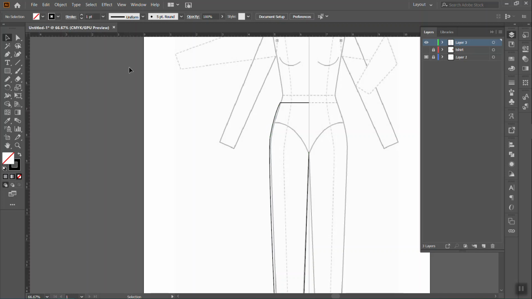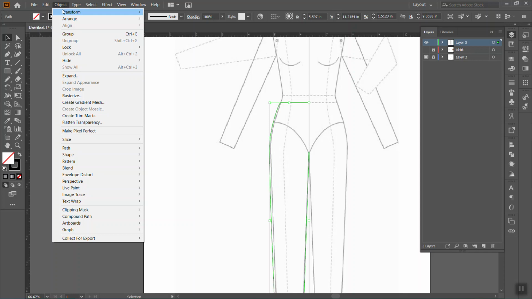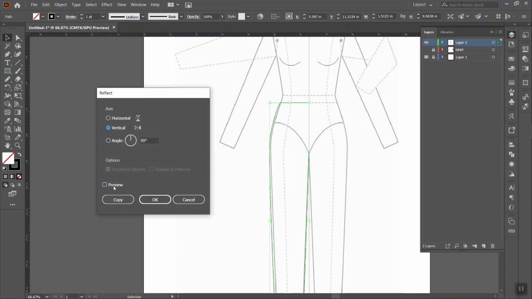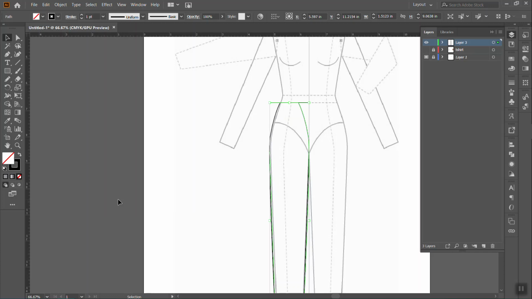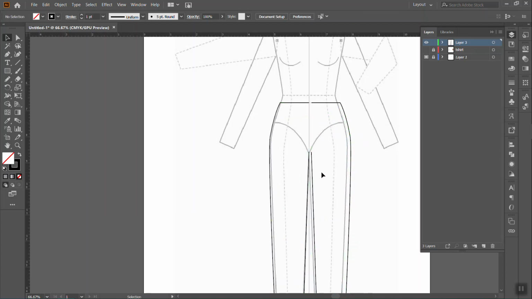We are then going to flip this. So select it. Object, Transform, Reflect, and we can preview it to make sure it is flipping in the right direction, and we're going to hit Copy. So now we have two, and we can slide this over. And it's a lot easier to join pants together if they don't have fill on them. If they have fill on them and you try to join this center seam,